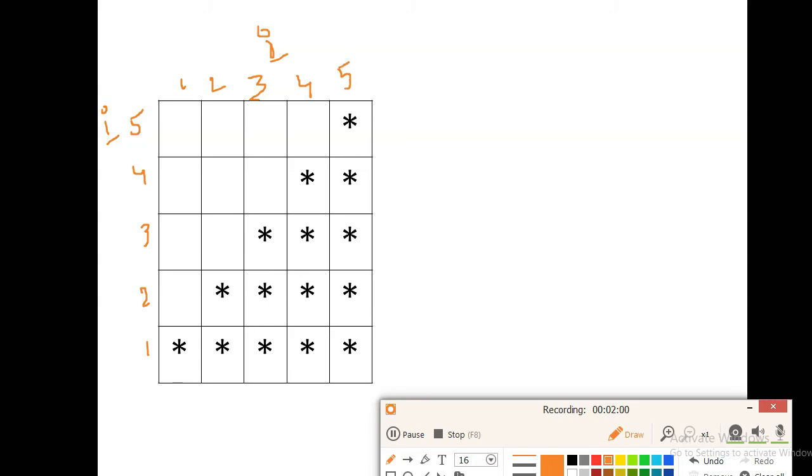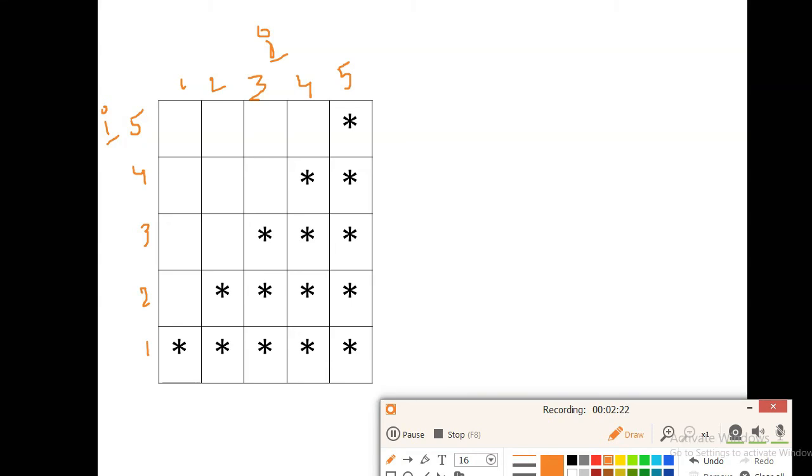Why the i value starts with 5, I will tell later in this video. So if you observe the first row, the first four columns will be spaces, and after that, at the fifth column, a star will be printed. That's why we divided the pattern into rows and columns.